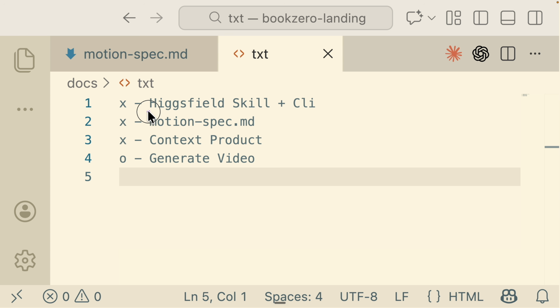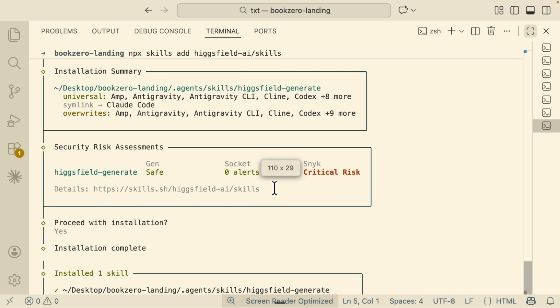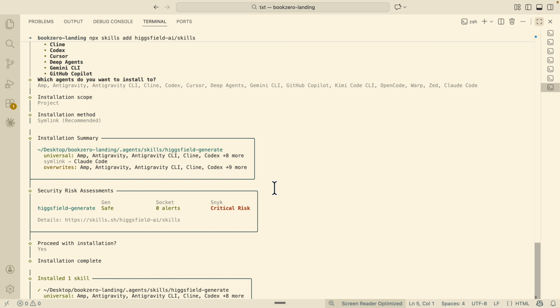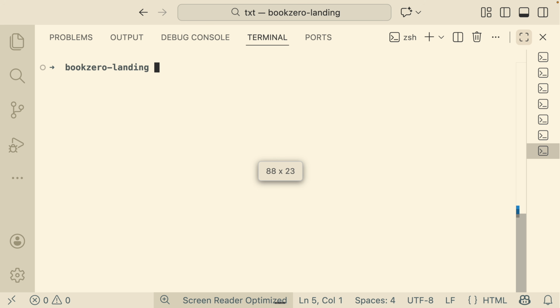All right, so now we have our skills and the CLI here is fully installed. We also have our motion spec here that is also created as well, as well as our current context for the product we're trying to make inside of the motion spec. The next thing we're going to do here is actually generate the video. So for that, we're just going to open our Claude Code terminal session. So I'm going to zoom out a bit more and we're just going to start a new Claude Code session here. So in this case, I'm going to clear the terminal and I'm going to zoom in and